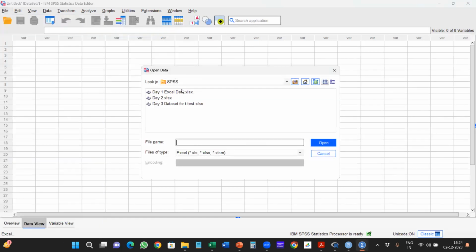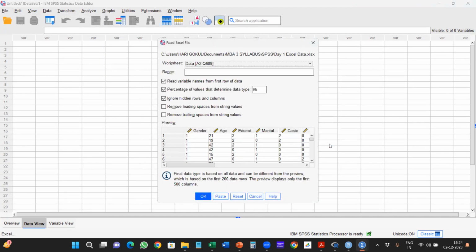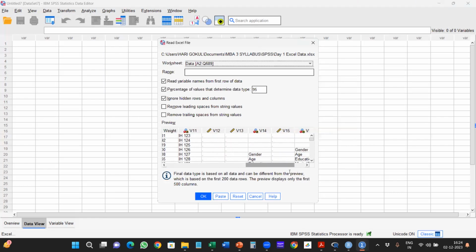Click on Excel. I'm selecting the day one Excel because that's the file they gave me on the first day for an SPSS program in the college, so I'm using the same data. If I click Open, it will ask me which range to which range you need to select. Right now I'm not selecting anything, but if it is huge data and you don't need all of it, you can remove it by selecting the range,